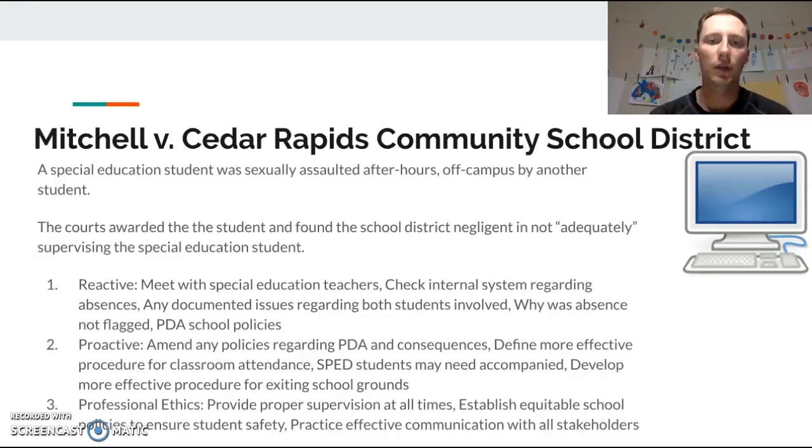However, I don't think the communication was done effectively to be able to protect the students. So reactively, I'm going to meet with special education teachers, get to discuss the situation and find out what happened, when was that student leaving, why were they allowed to leave. I'm going to check with the internal system regarding the absences and see why no one was notified of that